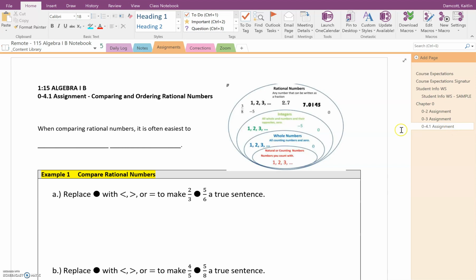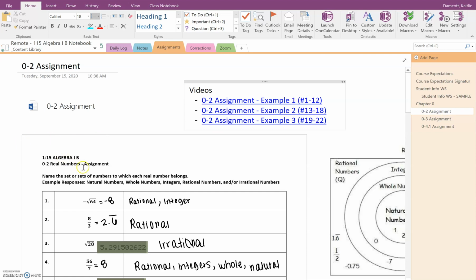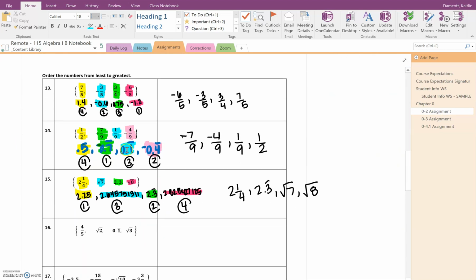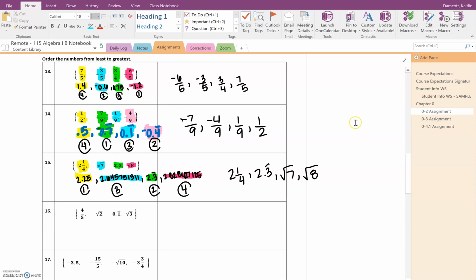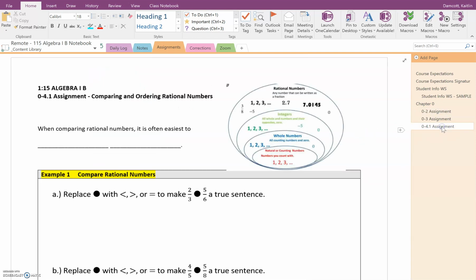0-4.1 assignment. This assignment, hopefully you've already found, is in your assignments tab of your personal OneNote section. This particular lesson is on comparing and ordering rational numbers. Now, this should be very familiar to you because in the 0-2 assignment, we spent some time ordering just real numbers. Now we're going to be looking more specifically at rational numbers, but it's going to be a very similar